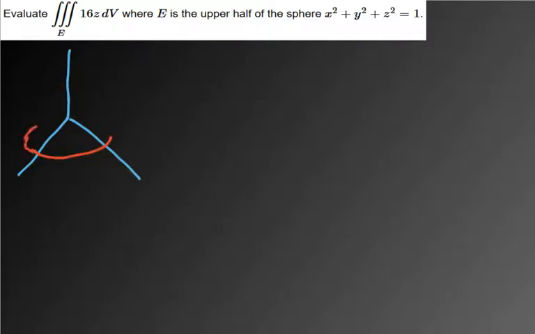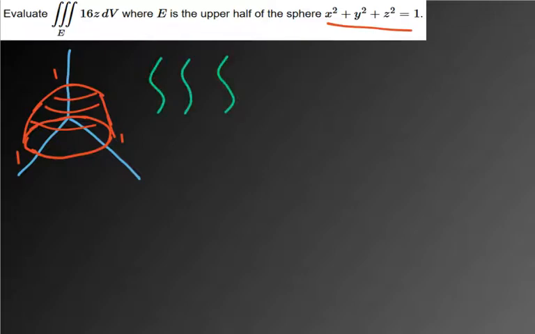So let's see if I can draw a good upper half of a sphere. So that's what this is. This is 1, 1, 1 and stuff. That's what E is. And so if you see those kind of things, try to switch to spherical coordinates and it'll hopefully make the thing a lot easier. So in the bounds here,